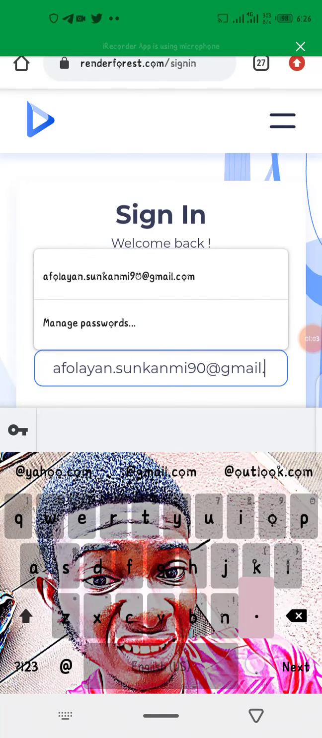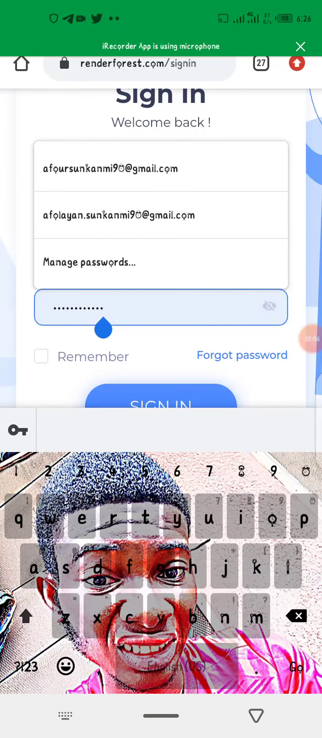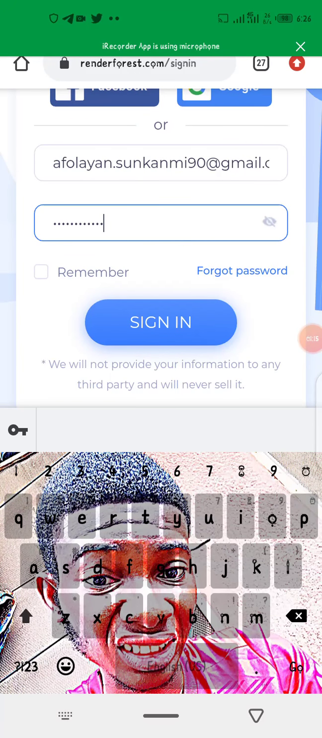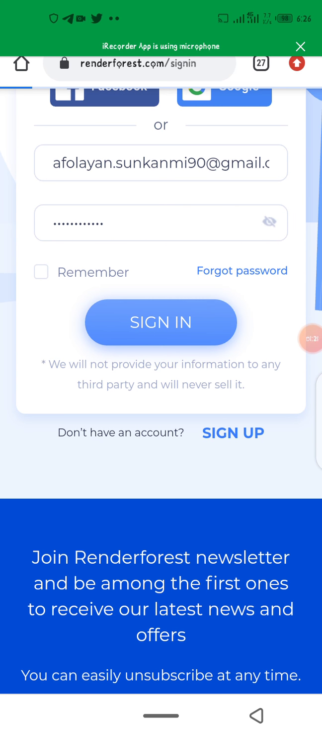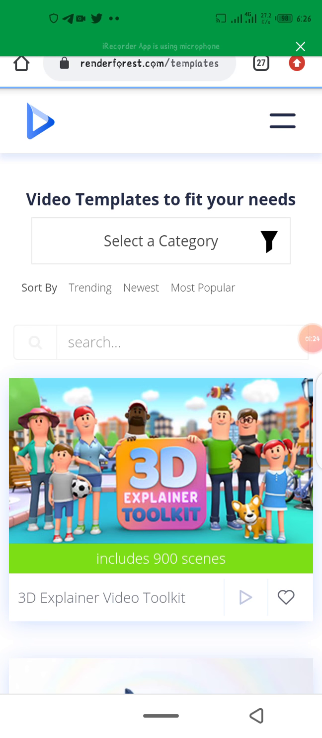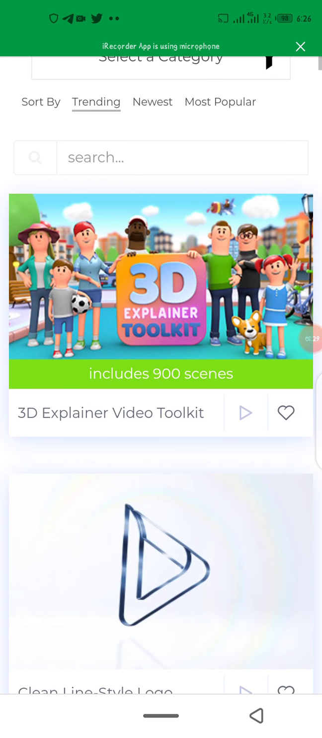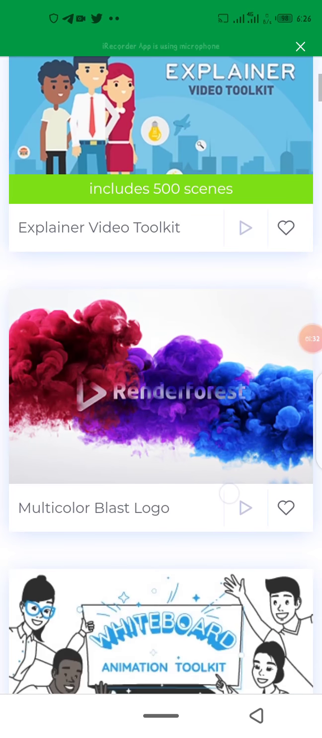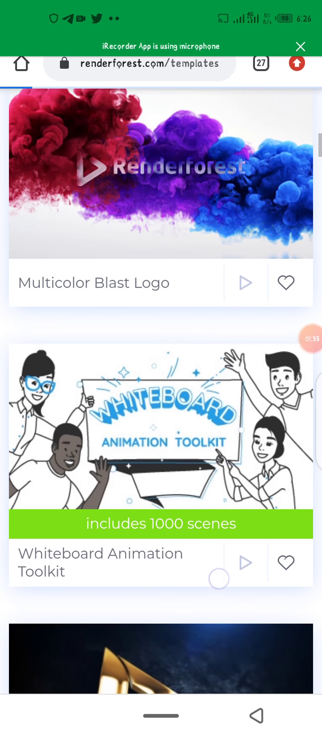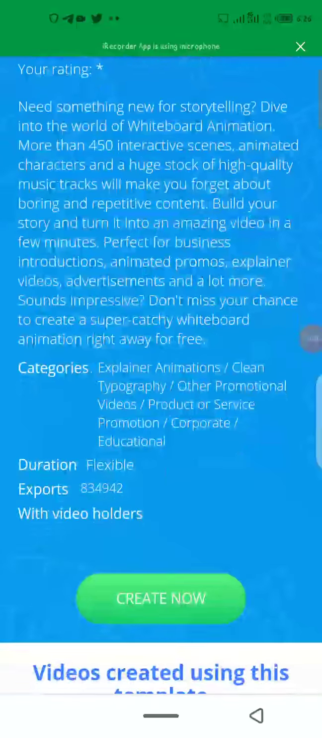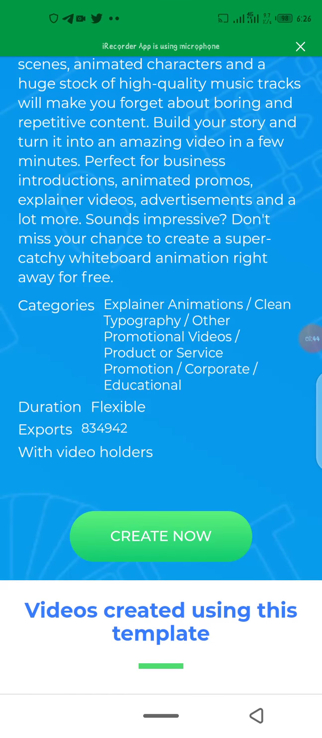At gmail.com, and then I will input my password. And then you sign in. When you are done with your email and your password, you sign in. And then the site brings you here where you have different templates that you use for your video animation. But since we want to make an example, we'll be using whiteboard animation toolkit. So you click on whiteboard animation toolkit, and then you scroll down. You see create now. You click on create now,